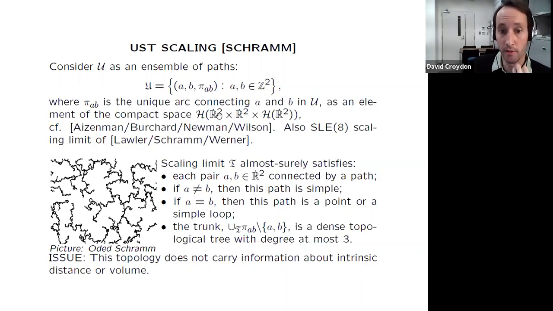And so anyway, by making this compactification, this also becomes a compact subset of this space. And so we can study its limits in the sense of, again, Hausdorff distance in this space. And again, he didn't actually show in the original paper that the limits existed, but what he did show was various topological properties that have to hold for any subsequential limit. And so a few of these are listed here.